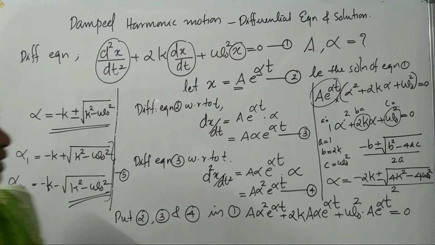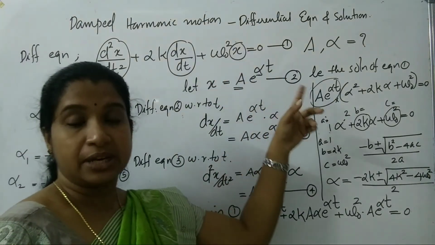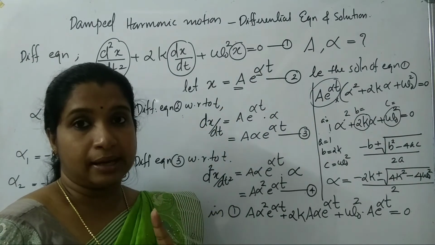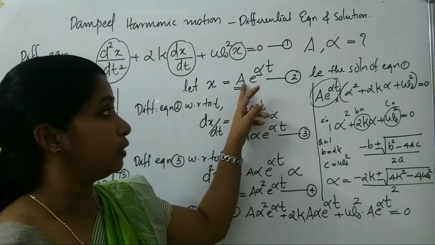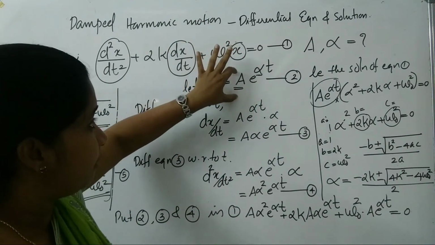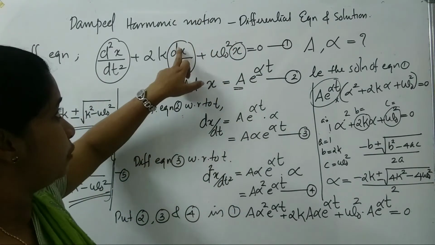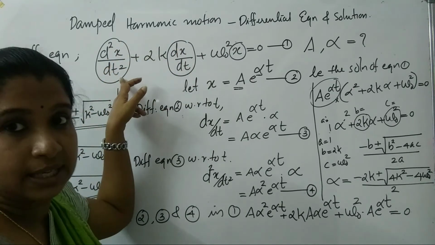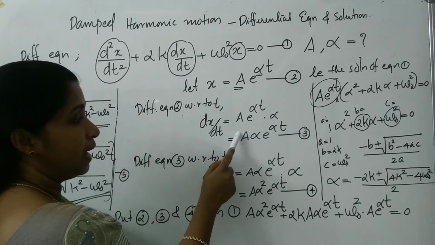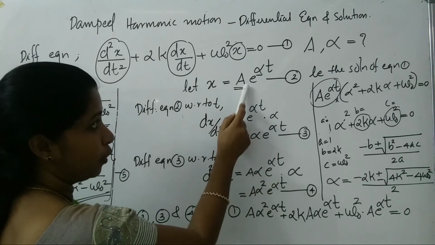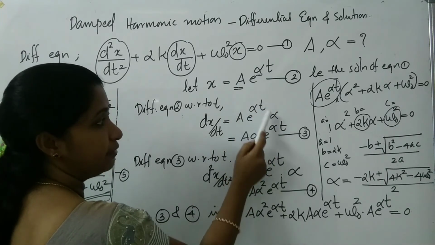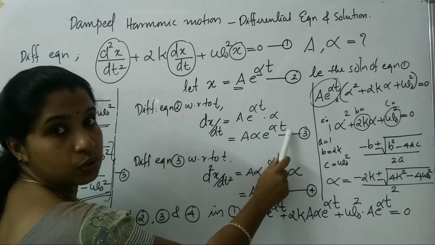Okay. So to find the general solution of this differential equation, we take the standard solution as x equal to a e raised to alpha t, where a and alpha are two unknown constants. So we have to find out the value of this a and alpha based on this condition. From the value of x, we can find out the value of dx by dt and d square x by dt square. By differentiating this equation 2, we get dx by dt as a alpha e raised to alpha t. That is, a is the coefficient, e raised to alpha t is e raised to alpha t itself, into differentiating alpha t, we get alpha. So a alpha e raised to alpha t.